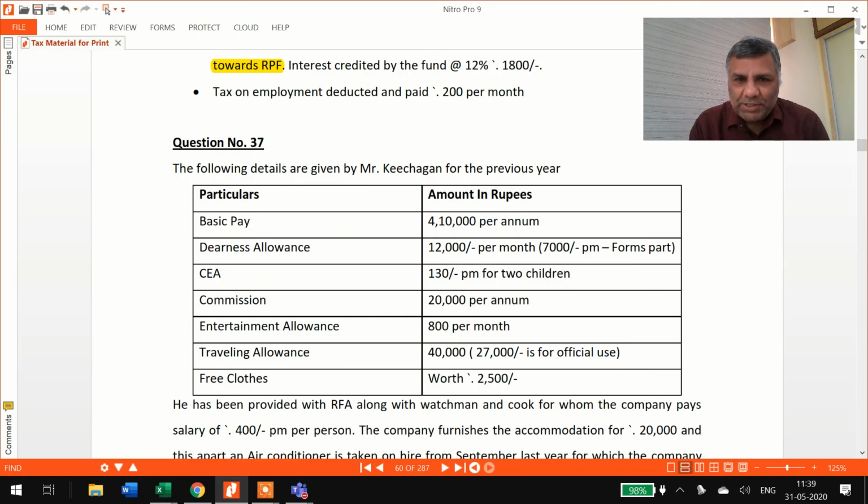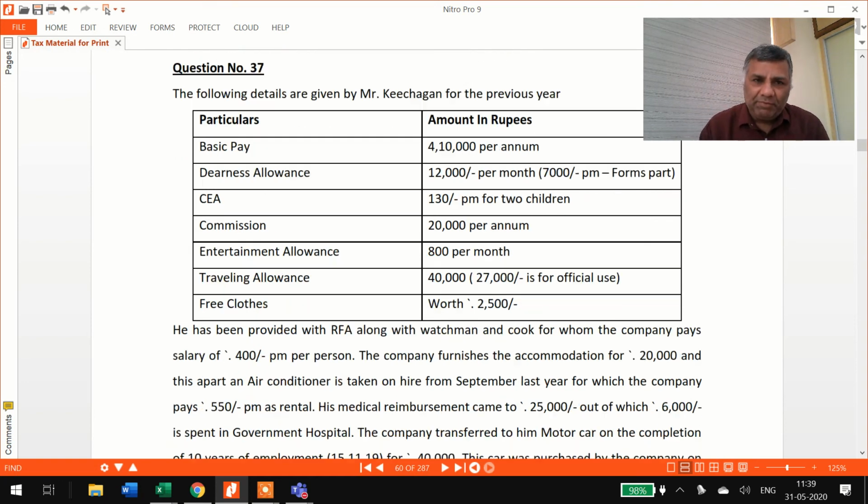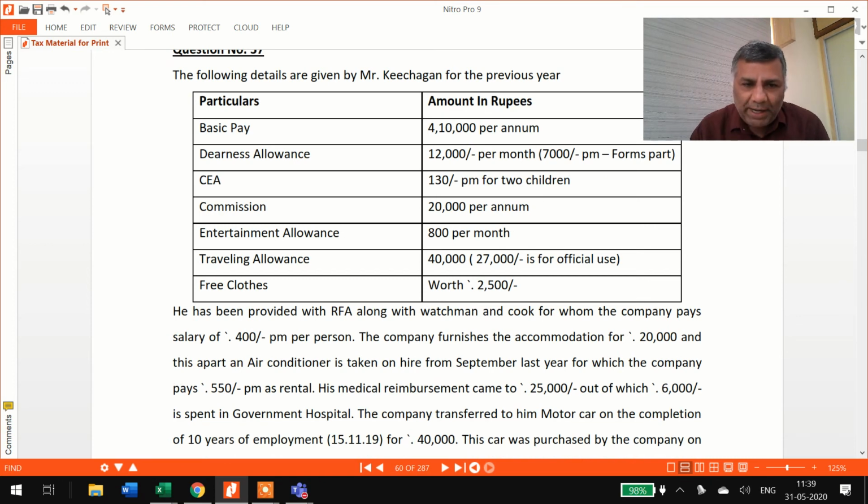Reading the next question, my dear friends. The following are the details given by Mr. Keechagan for the previous year. Basic pay, DA, children education allowance, commission. DA is given as 12,000 and 7,000 forms part. Commission, entertainment allowance, traveling allowance, free clothes, which means a gift. It's a gift. He has been provided with RFA along with a watchman and cook for whom the company pays 400 per month per person. So RFA separately, watchman and cook separately. The company furnishes the accommodation for